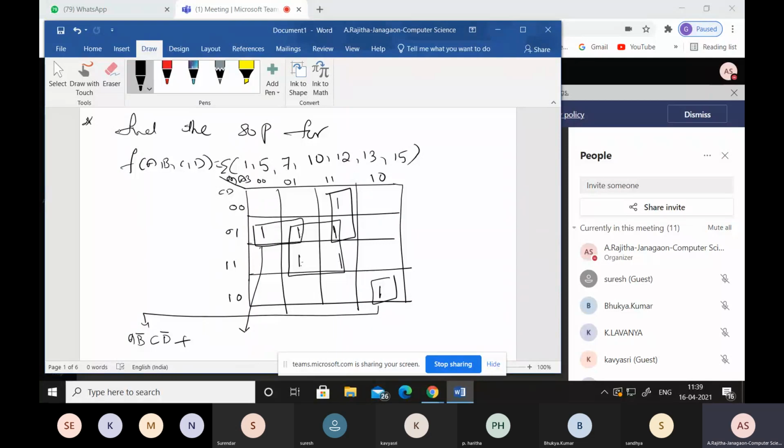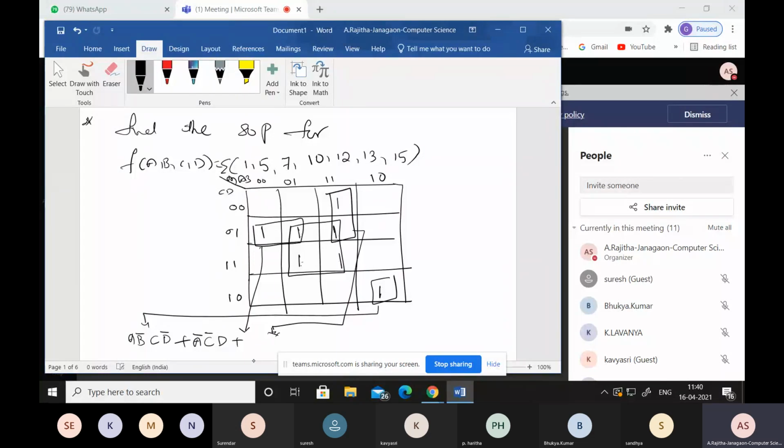So now you can identify first which are the common terms, 0, 0, and which are different terms. So which variables are common? 0 and 0. So A is common, B variable is different. So that A complement. So from horizontal, whenever a horizontal pair exists, in the row side, whatever variables are there, those variables are common. So that's why C complement and D. Next for this term.